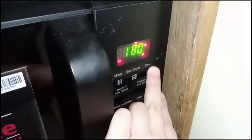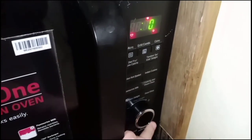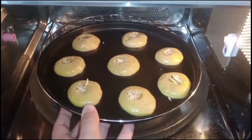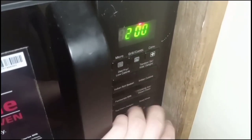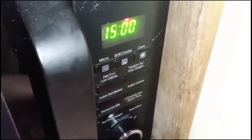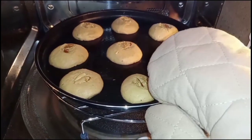In the microwave, on 180 degrees in convection mode, preheat the oven. After the temperature rises, place the tray and then let it bake for 15 minutes. When they are baked, remove the tray